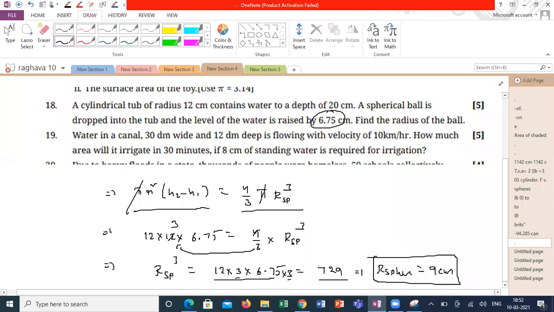Try to draw the diagrams. Go for the 19th question the same way. It's a pre-board question, it seems. They asked it in pre-board. Try the 19th question, everyone. We will end the class with this question. You try some more questions related to these topics and let me know in the next class. Complete the 19th question and we can close the class.